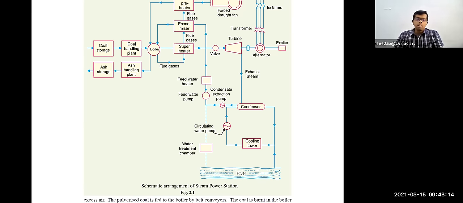Okay, they will not simply let out that hot water to the river. Why? Because in the river also many species are there. If you simply give the hot water to the river or sea, it will spoil the life of the species also. So that also they will